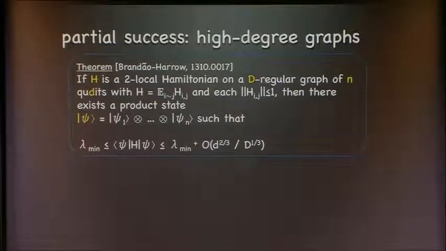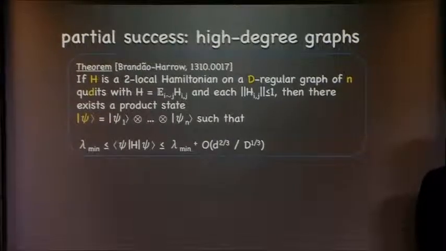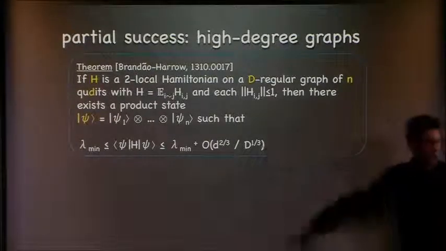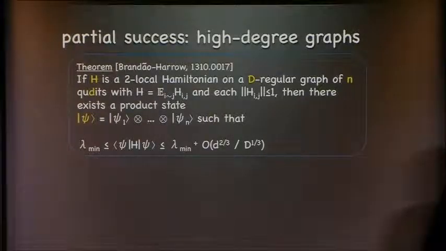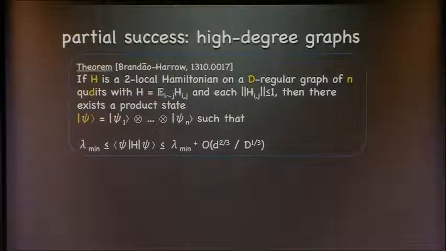Is this known to be optimal? The question is, is it known to be optimal? You certainly don't have good product state approximations if you have constant degree. We have a counterexample. So that 1/3 in the exponent is probably not optimal. We have a counterexample where that should be replaced either by 1/2 or by 2. I can't immediately do it in my head which one it is. But our counterexample looks something like that.